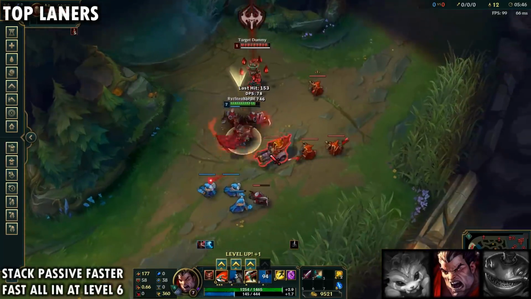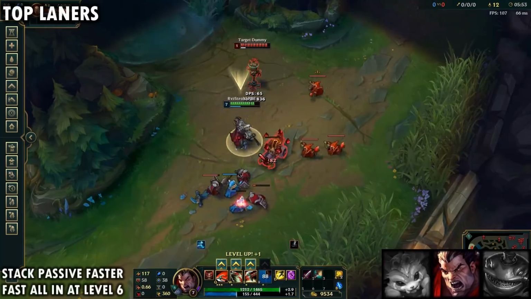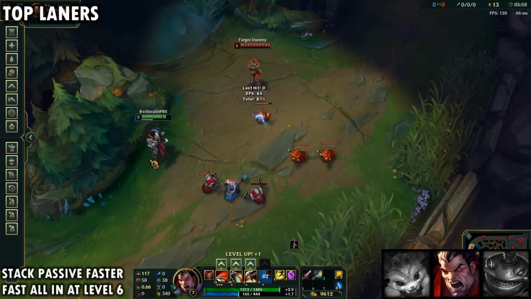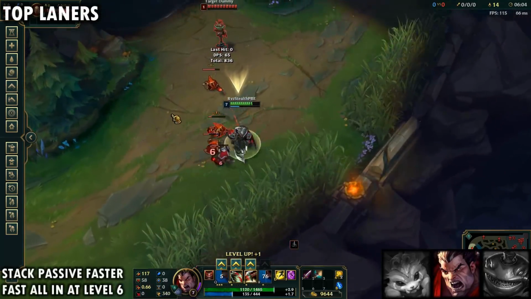Now, I'm not too sure if this is going to be better than something like Conquer or Phase Rush on Darius though, because those runes do synergize very well with him too. And the fact that you do have to be out of combat for 5 seconds in order to refresh Hail of Blades, I'm just not too sure if that's going to really fit Darius's playstyle super well, especially with his